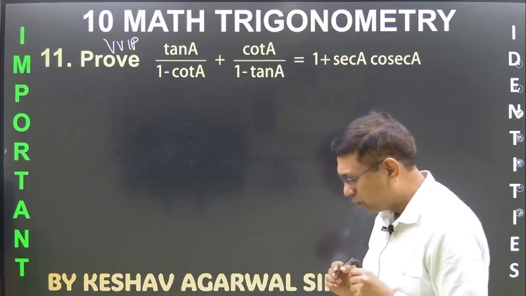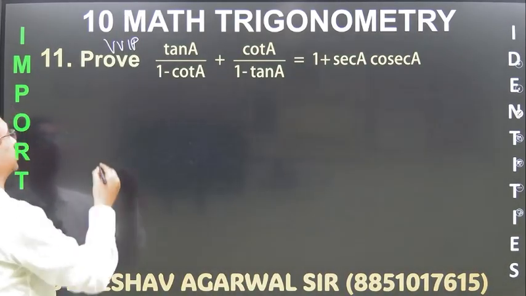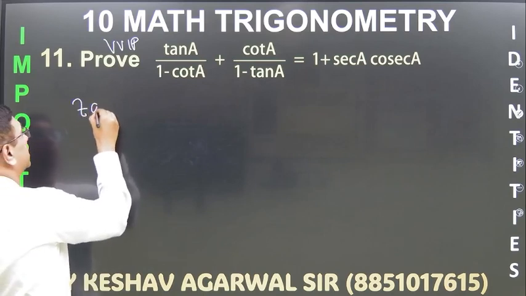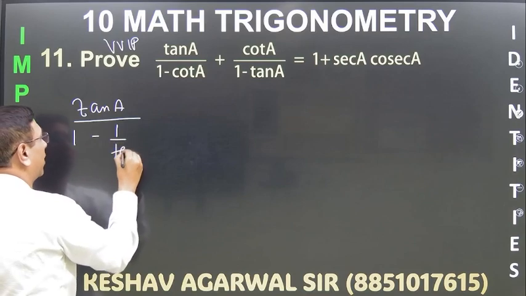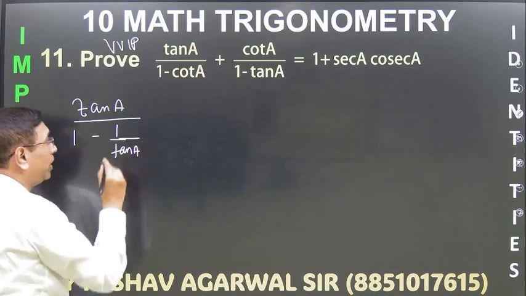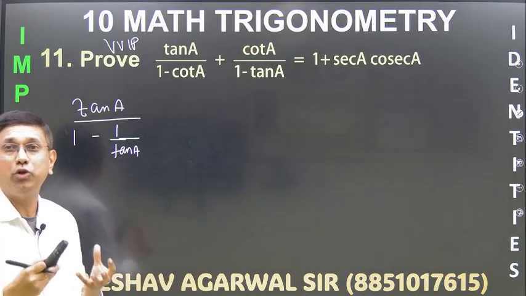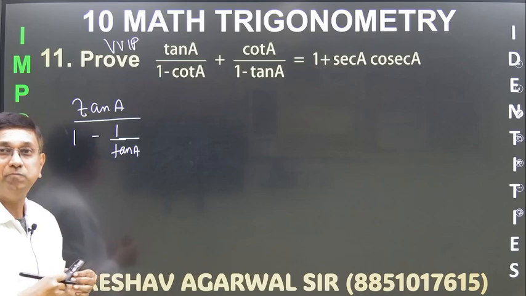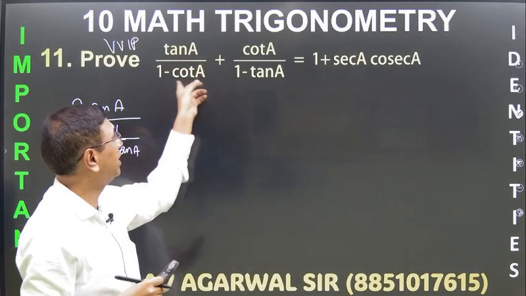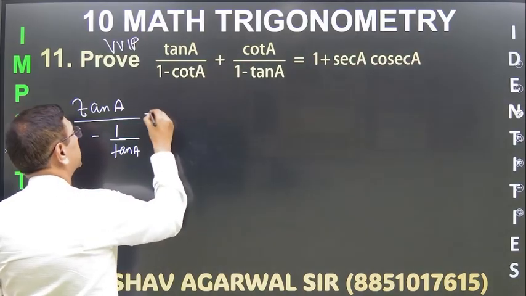So here we have two methods. One is we convert to sin and cos, and one we keep it as it is. So I begin with this method. So I go with tan A, और मैं 1 by tan लिख रहा हूं. Now why I am doing this? Because I observe नीचे भी tan है. So at least try to make uniform denominator, so that you can take LCM easily. अब कुछ students directly LCM लेते हैं फिर करते हैं. You will get it, but you will take little time. Then you see what you do.